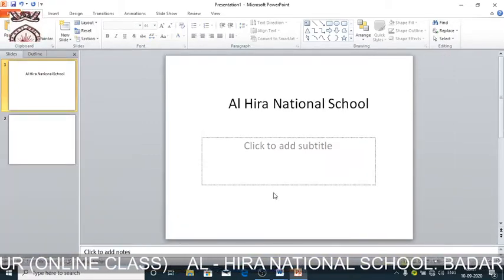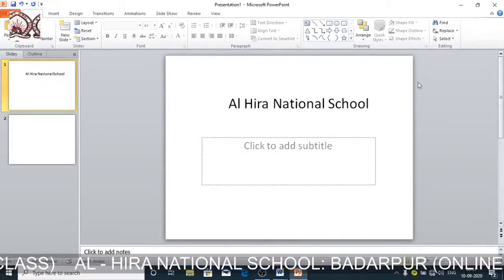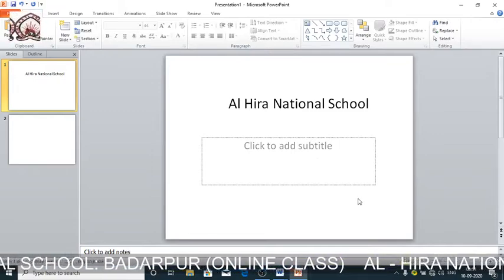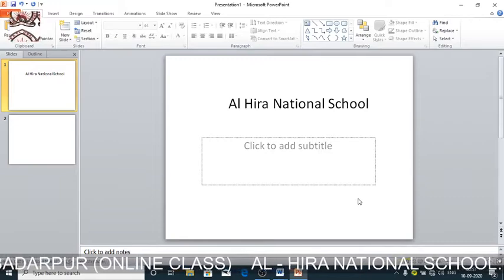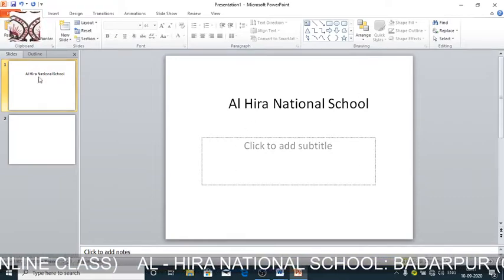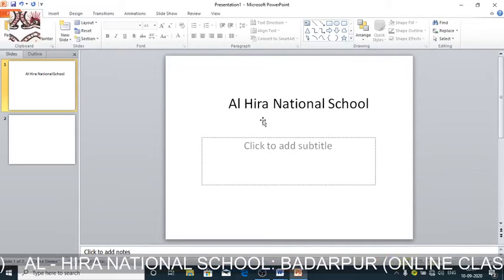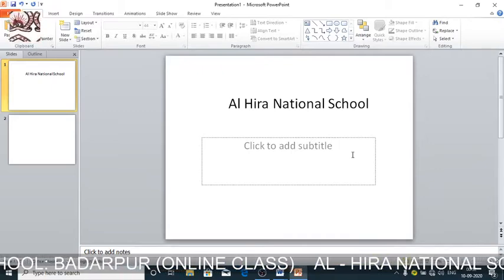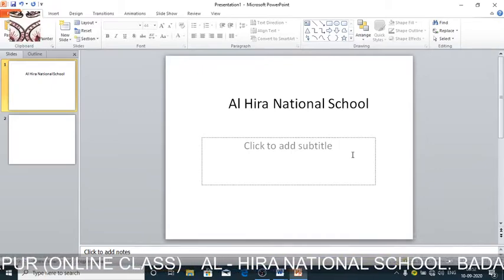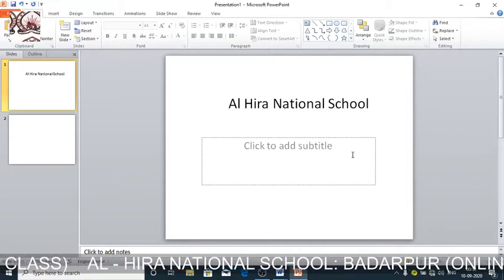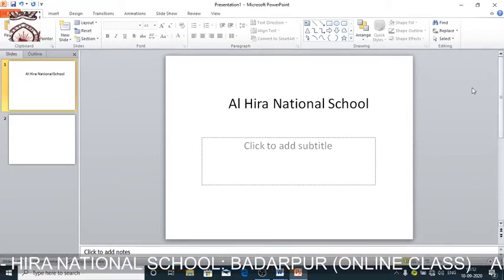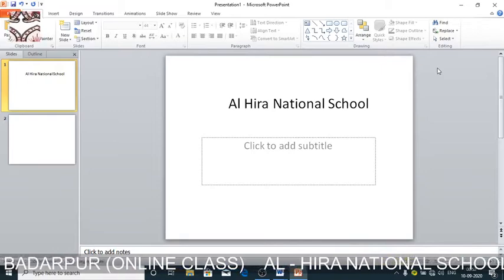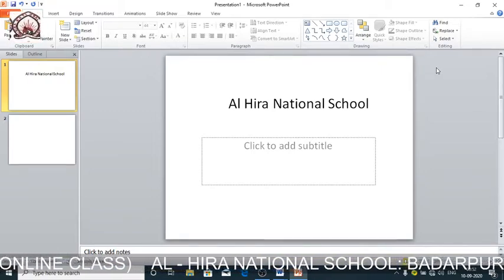Then what is slide pane? The slide pane is located in the center of the screen. So this is known as the slide pane. It is located at the center of the screen. The slide pane shows a large view of the slide. It is showing the larger view of the slide, and it always shows the slide which we are working on currently, which slide is active now. And the task pane is located on the right. Actually, it comes here on the right side of the screen, and the task pane allows us to select the task we want to perform.